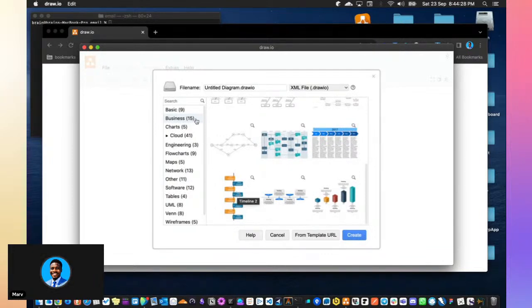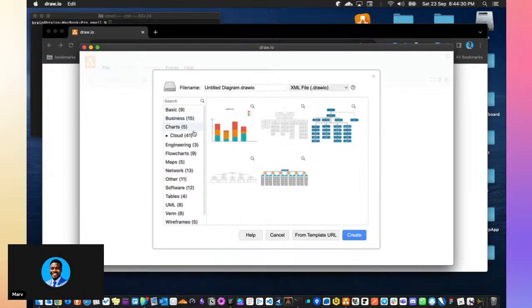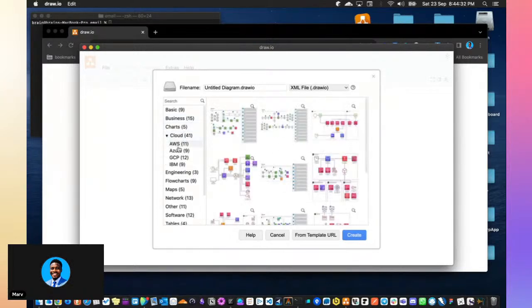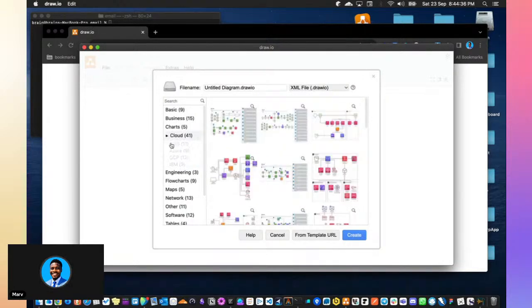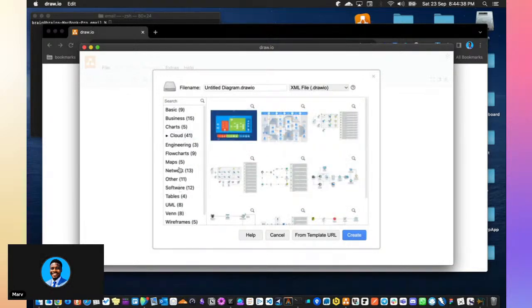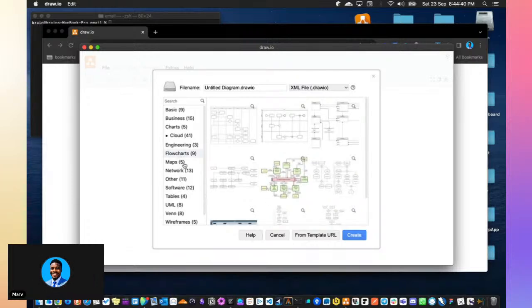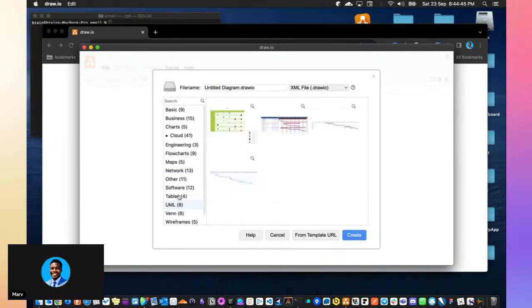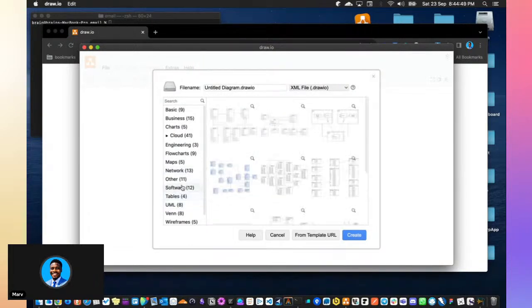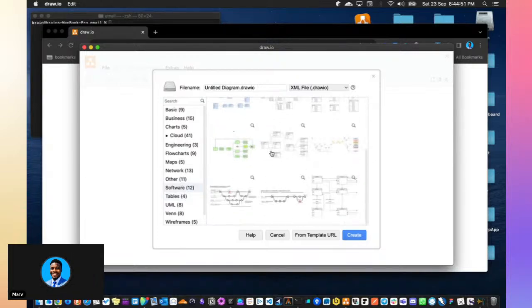This is a timeline diagram. You can explore using one of these options. And you click on cloud, you see we have a bunch of diagrams for development teams, as well. And you see we have other diagrams for flow charts, for maps, network. Anyways, you are not going to be using most of this because we have different teams that would use these kind of diagrams, right? So